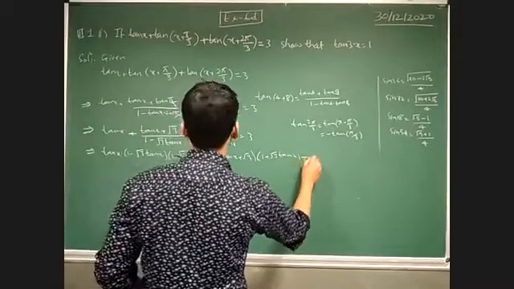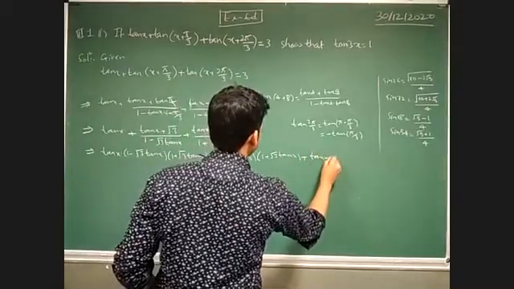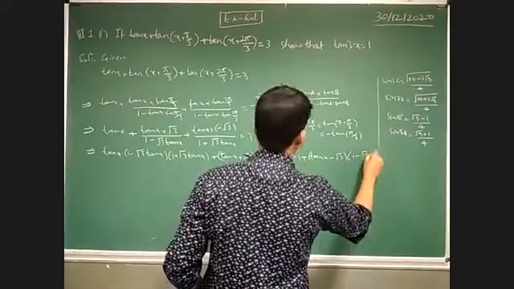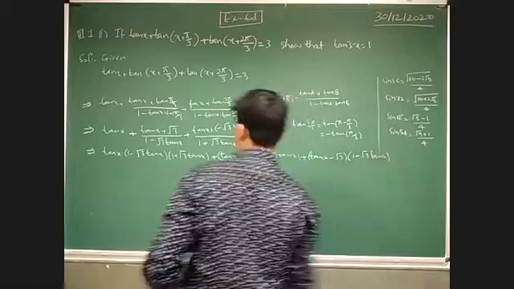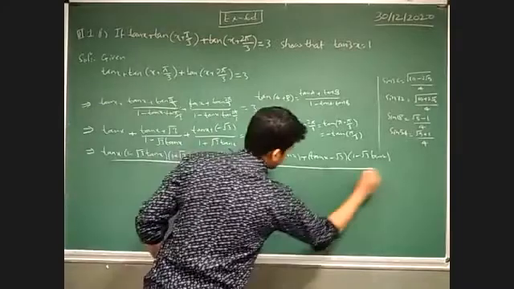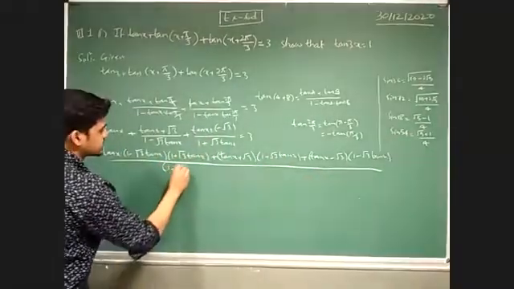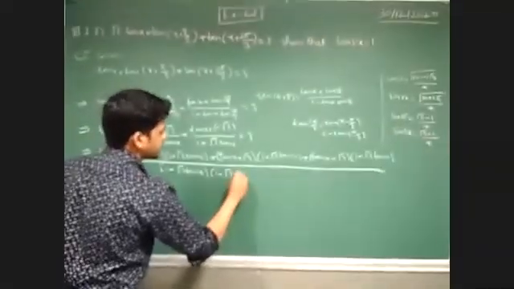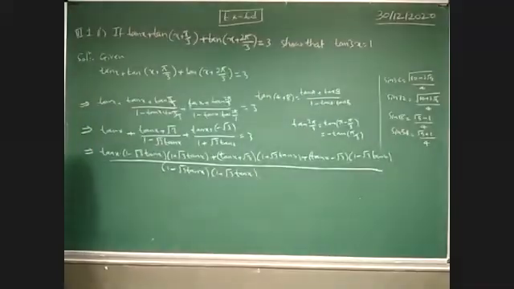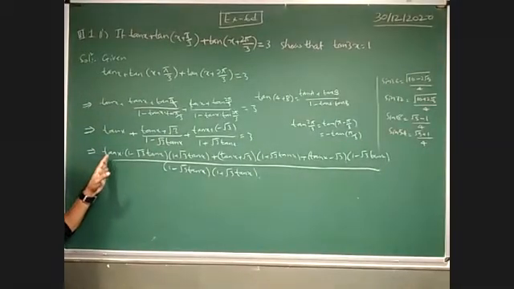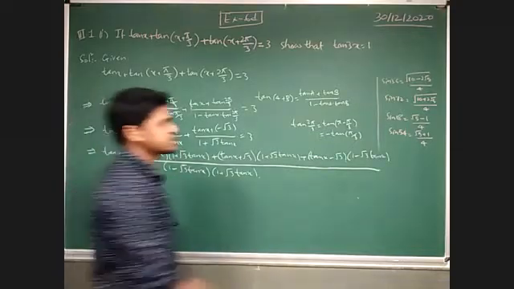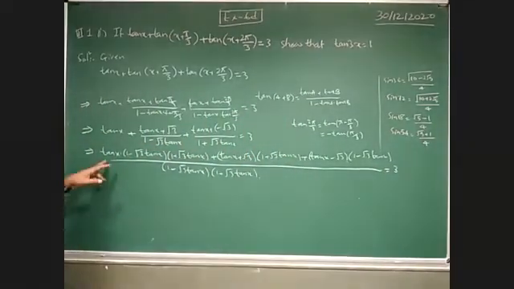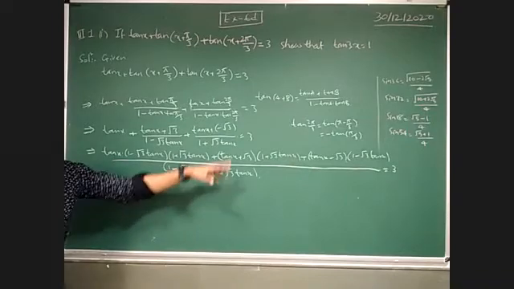Okay, again (tan x minus root 3) into (1 minus root 3 tan x), all over (1 minus root 3 tan x)(1 plus root 3 tan x). Okay, see this term I got after taking LCM of these three things. This is nothing but 3. Okay, now just multiply tan x with this term and then multiply all these things.